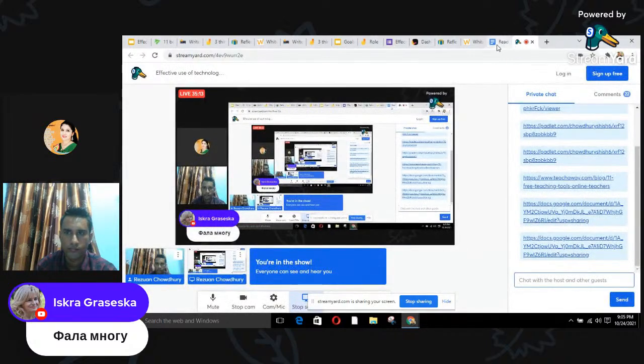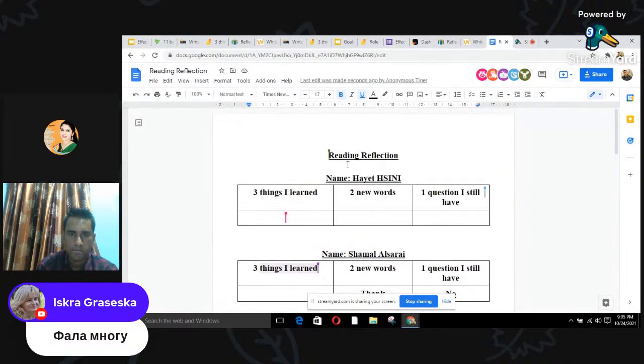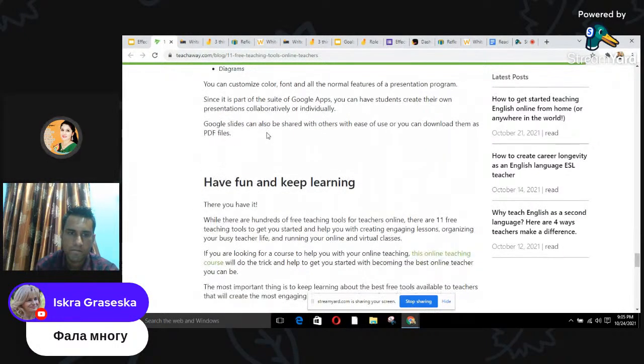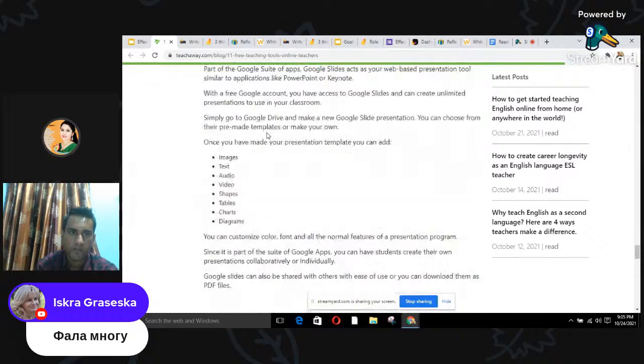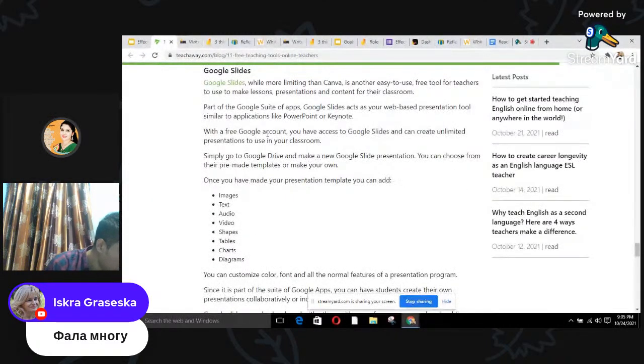If you're finding it difficult to go to the Google Doc and share your understanding over there, feel free to use the chat box. You can use the chat box and write the three things that you have learned from the blog and the remaining part of the prompt. You can use the chat box as well, the comment section. No worries.